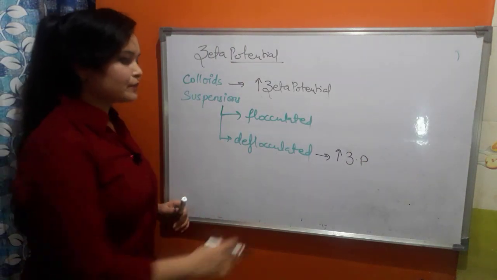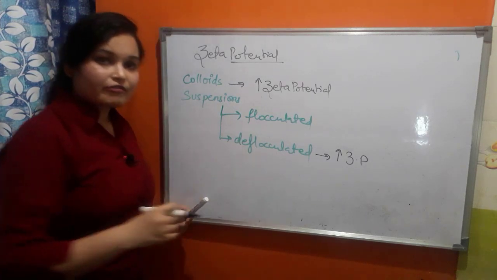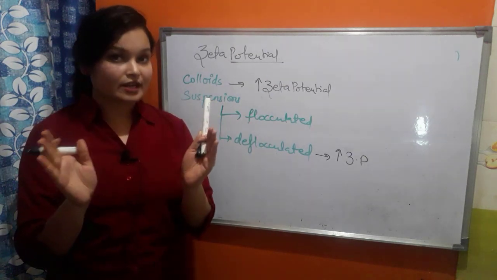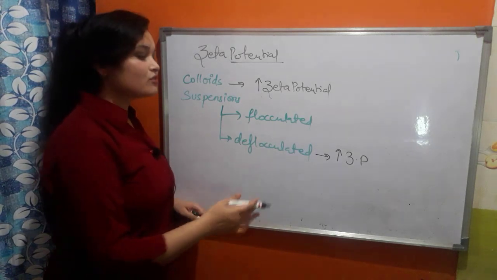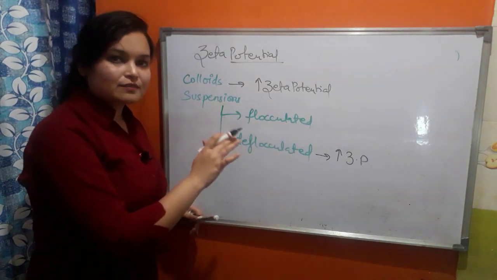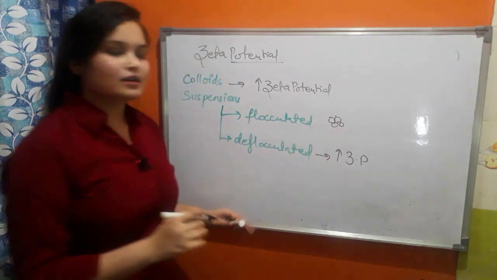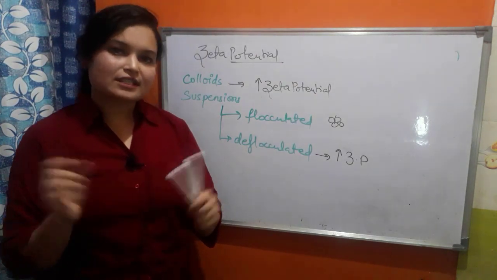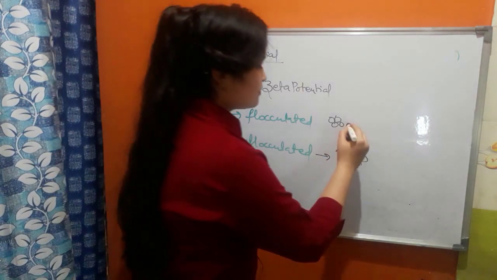As I have already explained, when high zeta potential is there, the particles of these deflocculated systems will be repelled to a larger distance. So they will not come together and they will not form a clump. Simply, the suspension will remain stable because of high zeta potential. Whereas in the case of a flocculated suspension, this kind of system needs the particles to be in aggregates, in floccules. So here the zeta potential must be lesser, so that they remain as floccules. They still stay away from other floccules, but they remain as floccules, so they need to have less zeta potential.